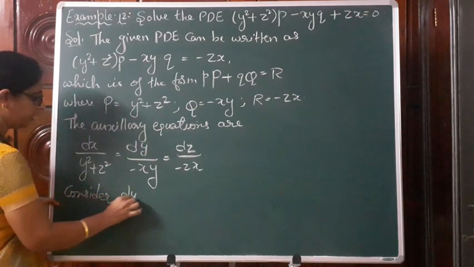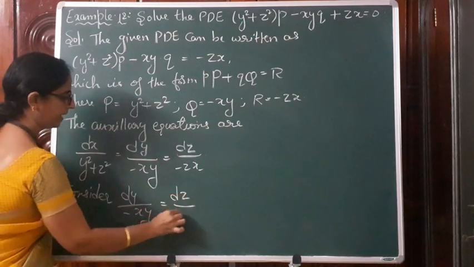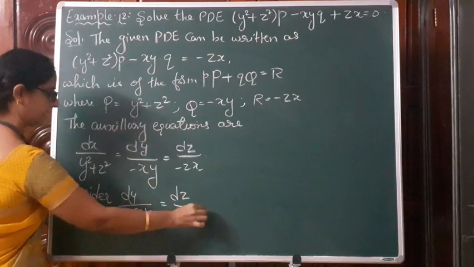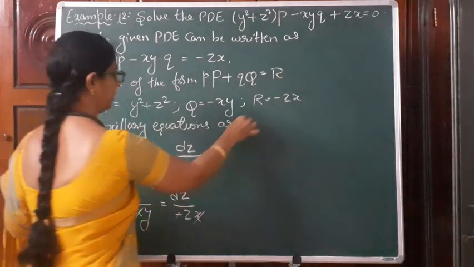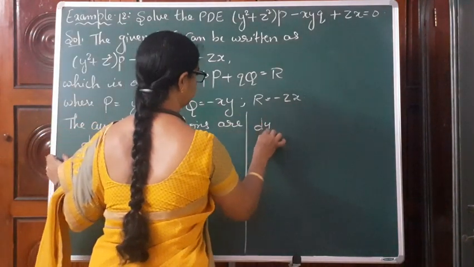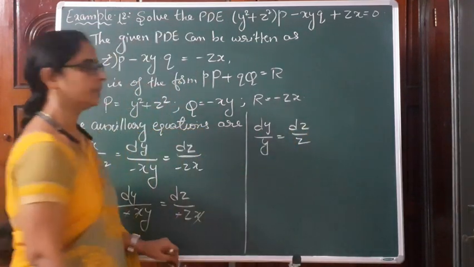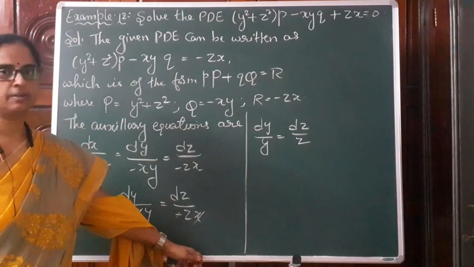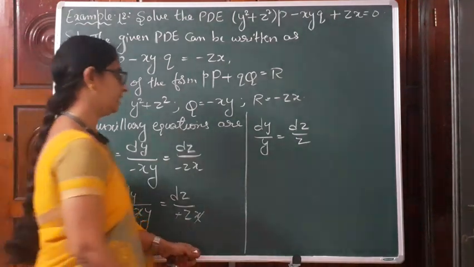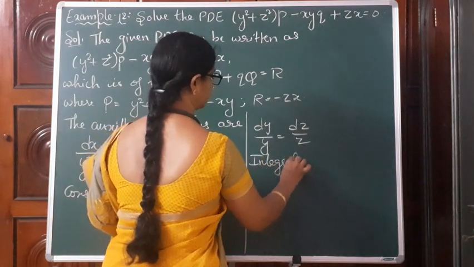So consider dy by minus xy is equals to dz by minus zx. Cancel x along with the minus sign. Then we have dy by y is equals to dz by z. So that all the y terms are towards the left hand side and z terms are towards the right hand side. We can integrate now. Integrating we get